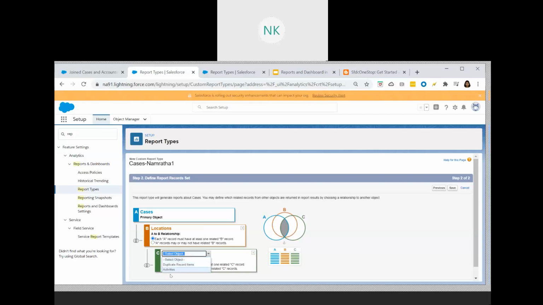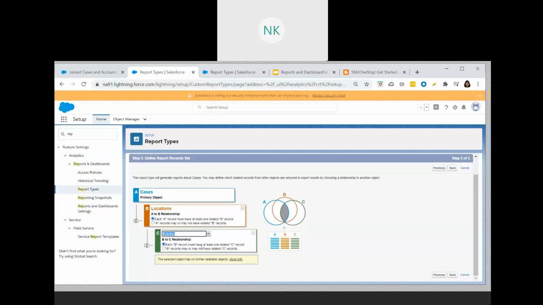We will not have much, we'll just have activities. Let us choose activities. So this is how I'm creating a new report type between three objects. First the primary object is the case object, then its related object, location, and location's related object, I'm choosing activity. So the report type is created between three objects, cases, locations, and activities at this moment.